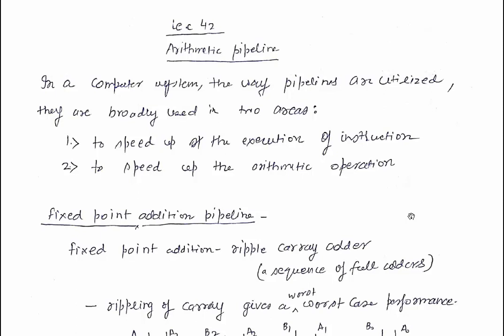In basic pipelining concepts, we have discussed what is pipelining, a real life example, and the role of latches in between the stages. Then we have studied the classification, series versus parallel, serial versus overlapped versus pipelined. Then we have studied degree of overlap, depth of pipeline, structure of pipeline, and static or dynamic pipeline. So these things we have discussed.